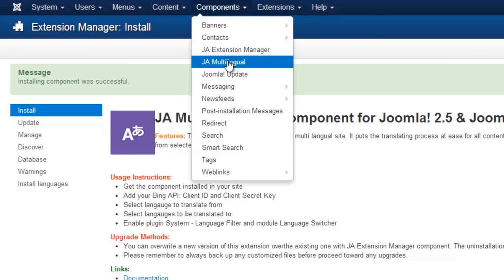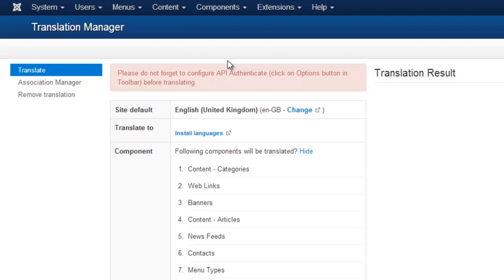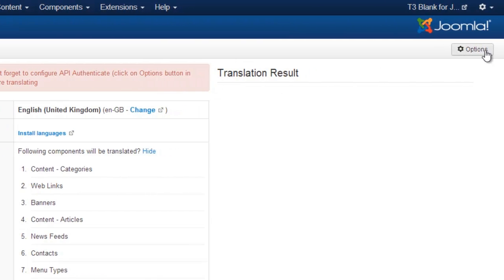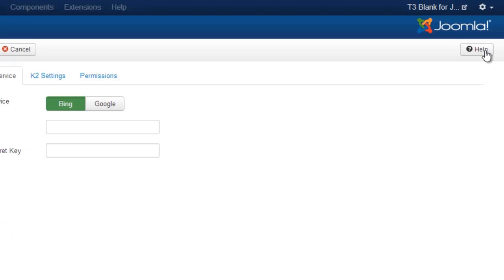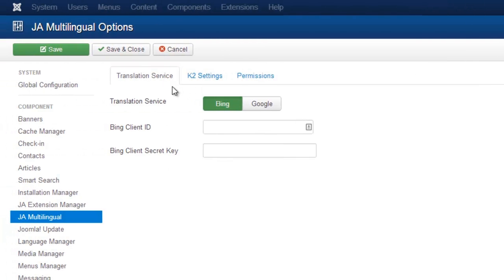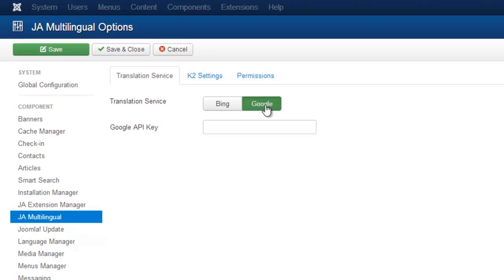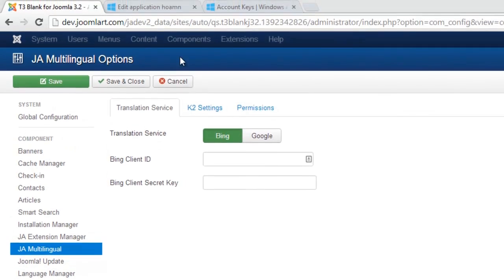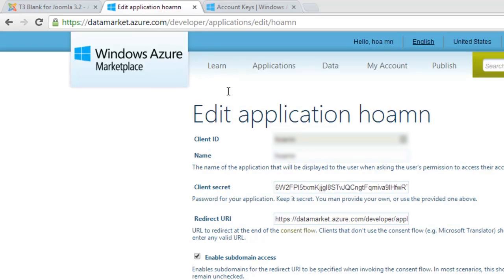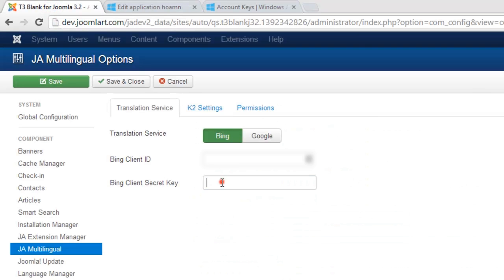Open the Component Settings panel. Here you'll find a note indicating that you haven't configured the API authentication. Not a problem. Just hit the Option button to open the API config panel, and the component supports both Bing and Google Translation services. For this tutorial, we're going to use the Bing service. So go ahead and add your Bing application name here and the client secret info. Now save the settings